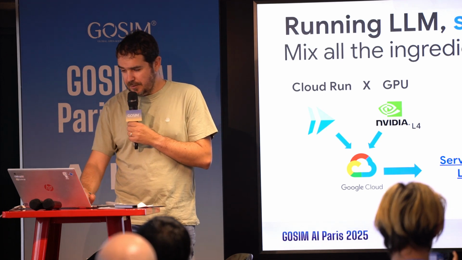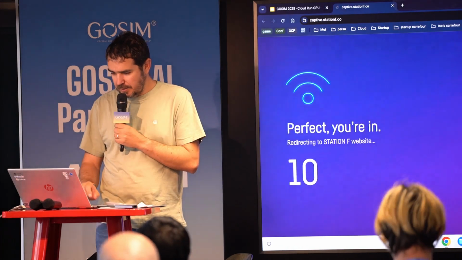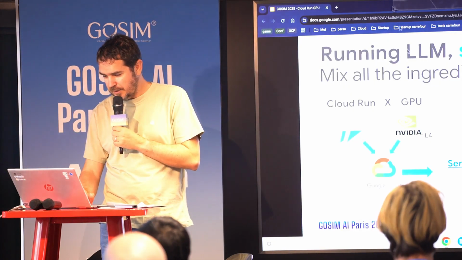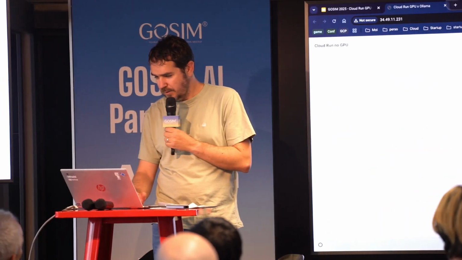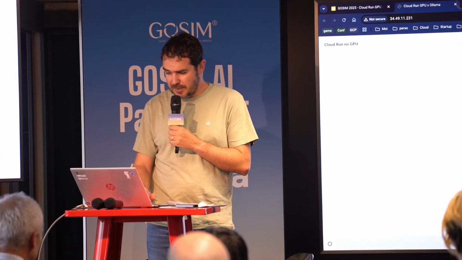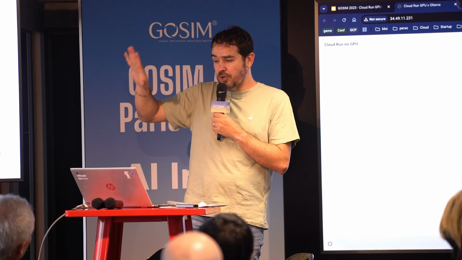So here, let me click on it. And yeah, I'm connected, no problem. Okay. On the right-hand side, I have my container deployed with the GPU.